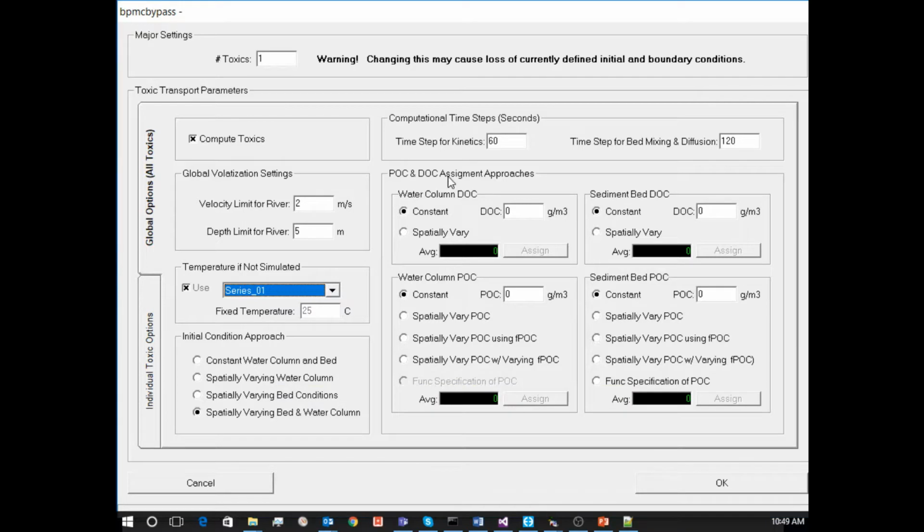This is all the assignments here. Depending upon, and we'll get to that in a minute, which partitioning approach you take, you have to address these options here for how you're going to set your POC and DOC values. They're not important at all if you're just using a KD approach, because it doesn't care what organic carbon is. But if you have organic carbon being used, and especially if you're using DOC,